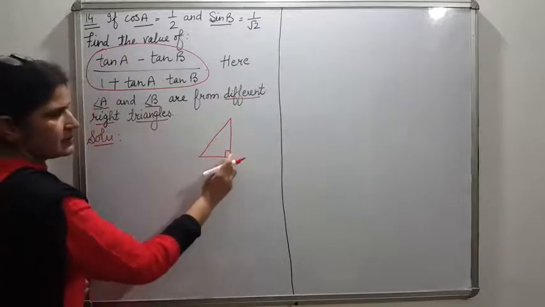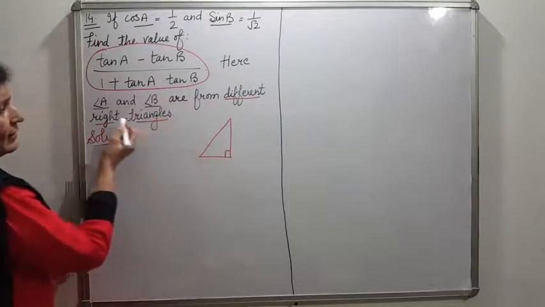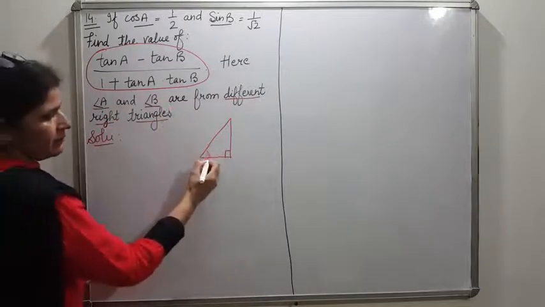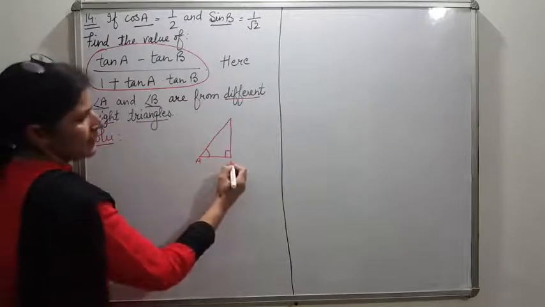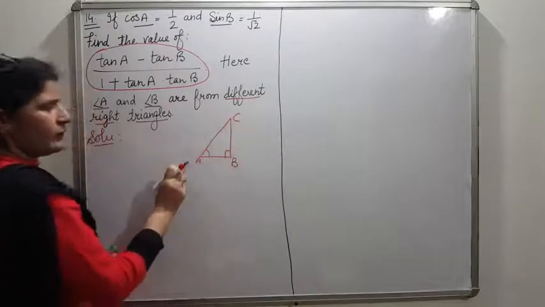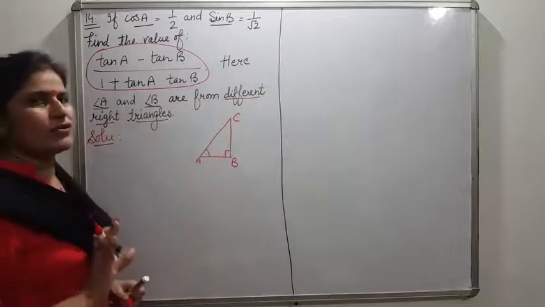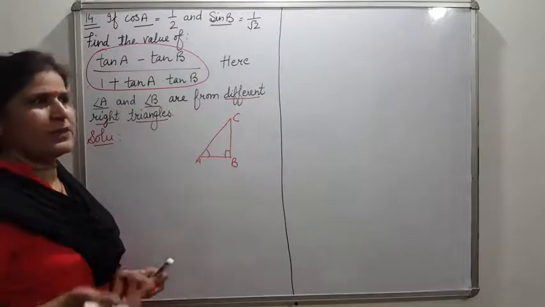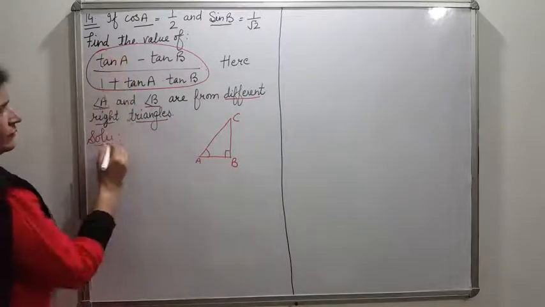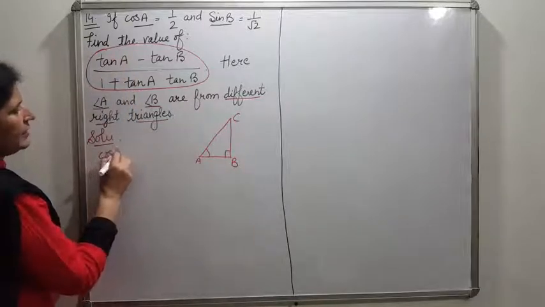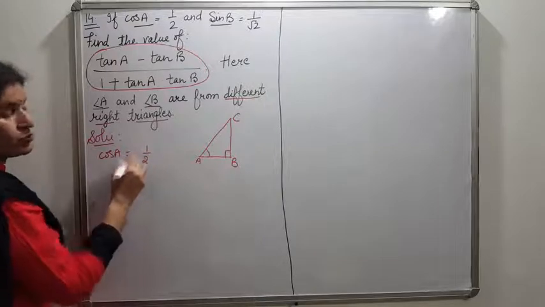Here this is 90 and angle A we have taken here like this. So you can take A, B, C, or one angle A and the other two you can take your own: X, Y, or P, Q, anyone like this. So according to this, what is given? Cos A is given 1 over 2.